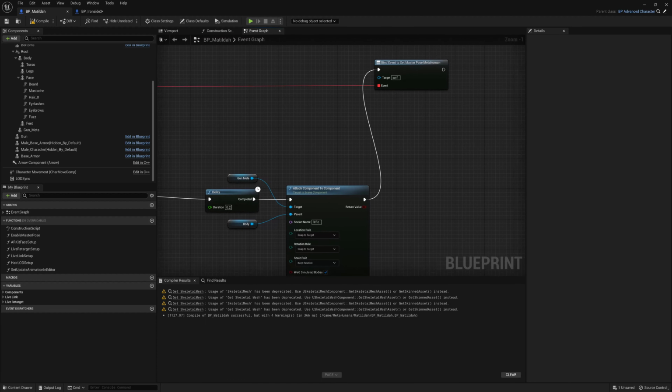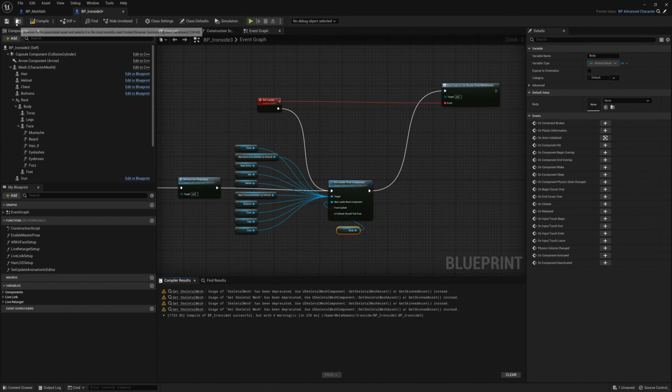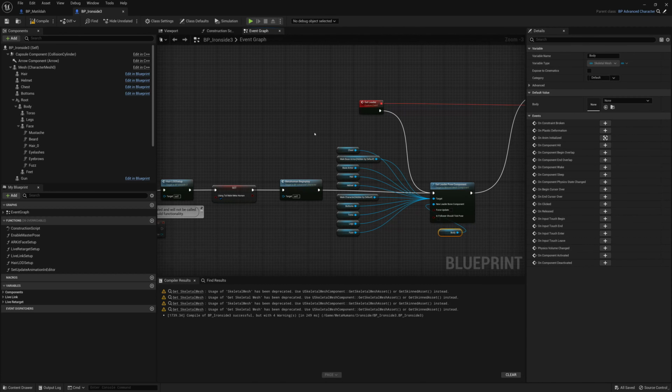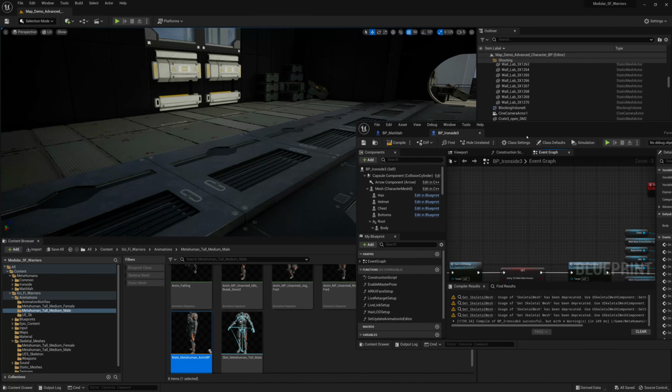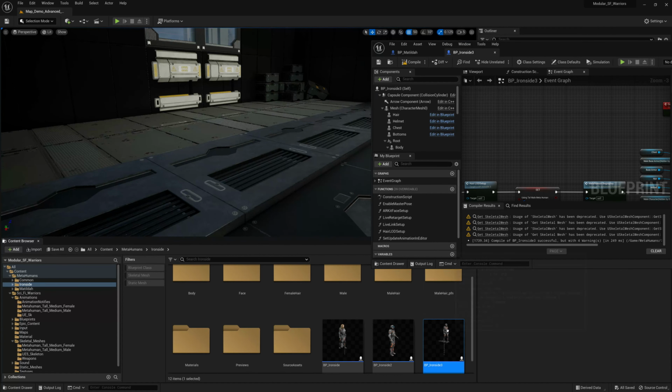I think it's just about it. The only other thing we did here was set up the gun. We'll set that up if it doesn't work on this blueprint, but the skeletons are a little bit similar, so it might work, but I doubt it will. We'll save everything, and hopefully we haven't missed anything. Okay, let's drag and drop our male metahuman into the level,